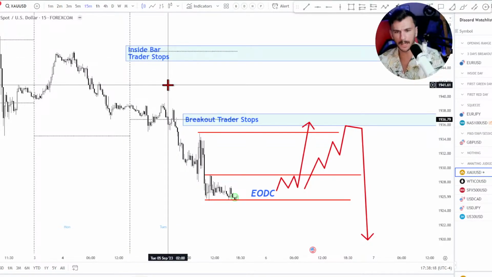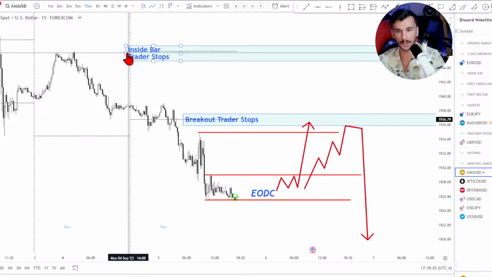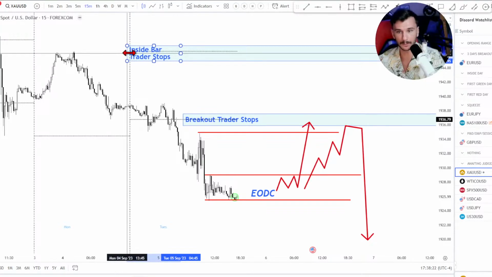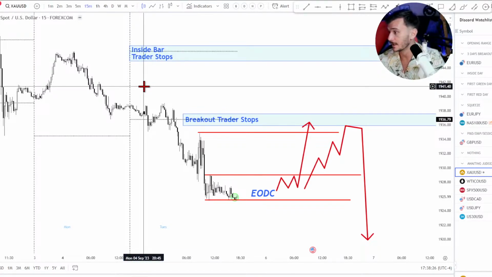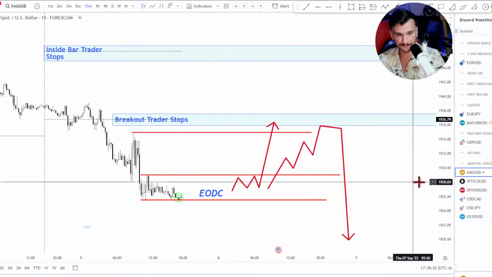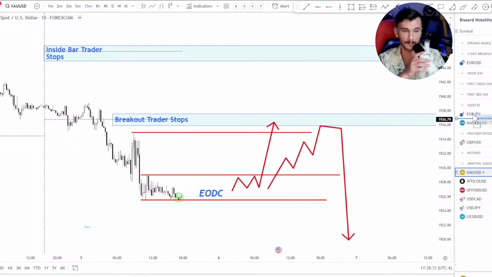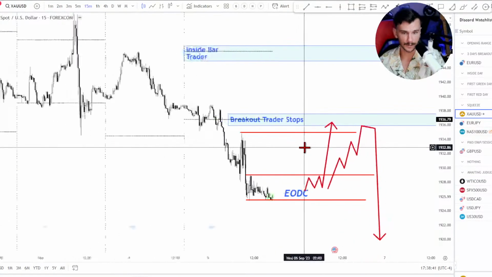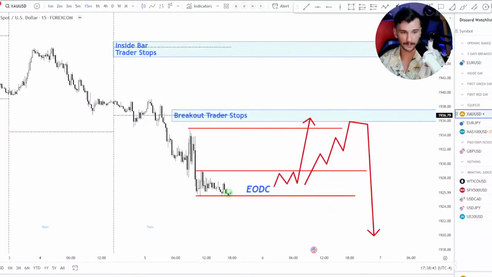Oil was insane. Yeah, it was a weird time too. I was watching, and then all of a sudden I looked over and was like, oh, look, it's going straight up. What do I do with that? Pretty much nothing, right? So, yeah, we'll take a look at oil here in a second. There's nothing setting up super great that I'm enjoying right now. I actually thought that today would be a bit better for trading. I was fully prepared to trade today, and I took a couple, but it wasn't doing kind of what I expected.